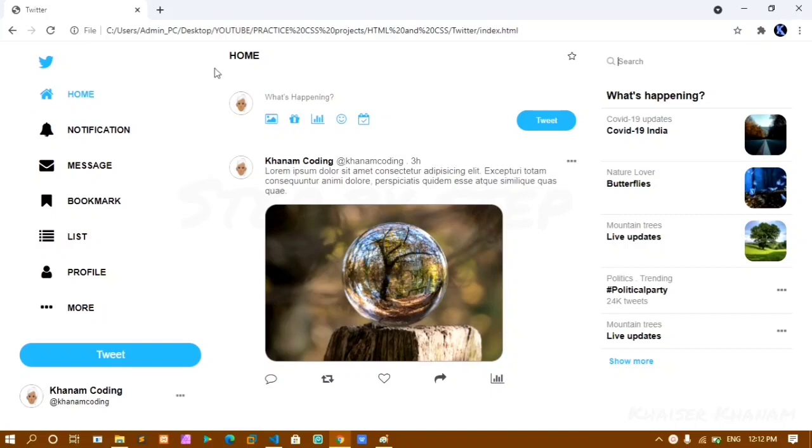See, I have this side nav, I have this middle container, and I have this right bar. Inside my side nav I have this Twitter icon, and I have the home icon, and I have this hover effect, and also I have this tweet button, and I have this image and this text and this icon here. Here I have this input field so that I can type here and I can click on the tweet button. Now it is completely static. We are not going to do any dynamic coding for this. We will be creating this only using static website design.